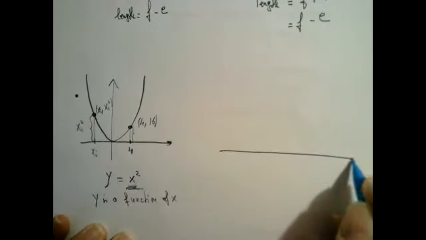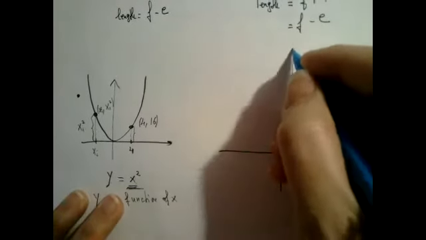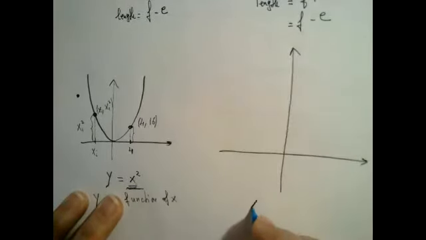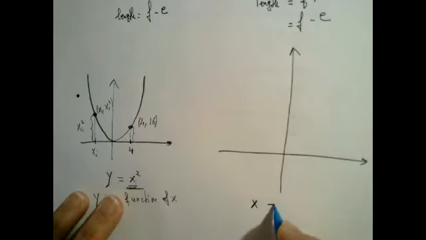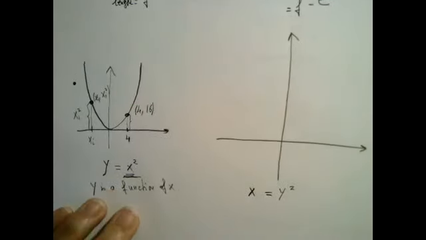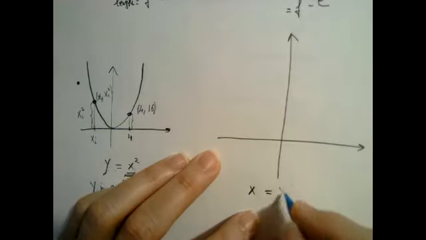Now, in this course, sometimes instead of having y as a function of x, we're going to give you x as a function of y. So I'm going to change the x's and the y's. Suppose x equal y squared. It means that if I know y,